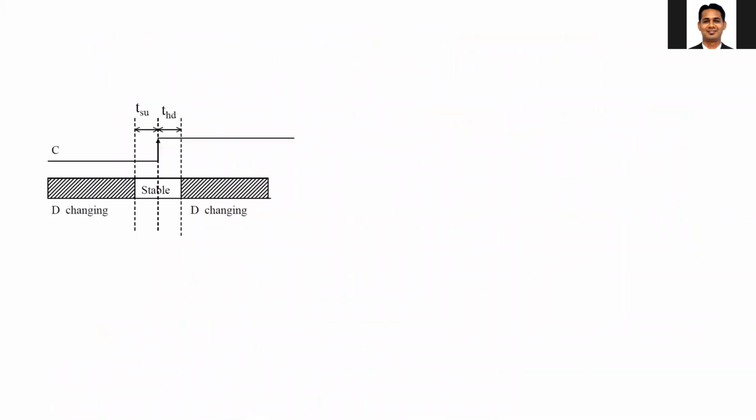For this flip-flop to operate correctly, the input signal of the flip-flop needs to maintain certain timing requirements, and these are specified using the setup and hold time requirement. The setup time is the time before the clock edge, during which the input should be stable, while the hold time is the time after the clock edge, during which the input should be stable.